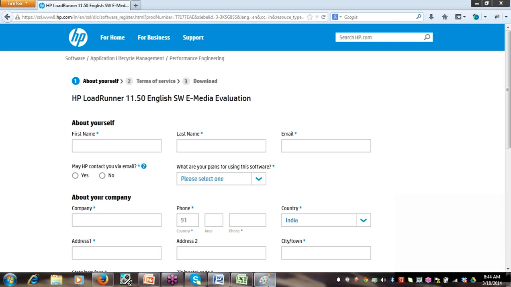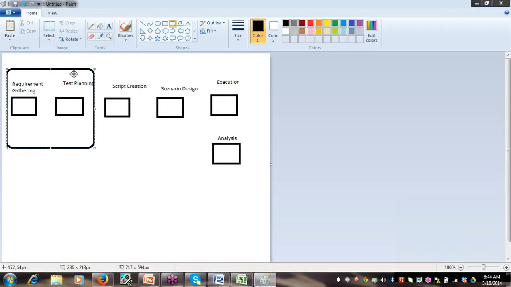The requirement gathering phase and test planning phase would be the same, but script creation, scenario design, execution and analysis will be different. I hope that answered your query.